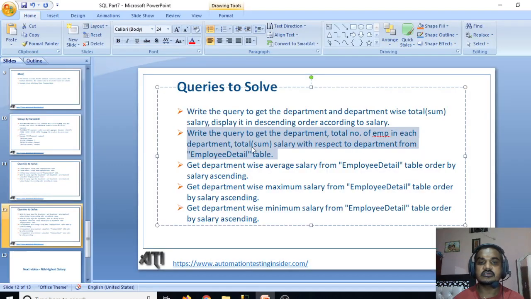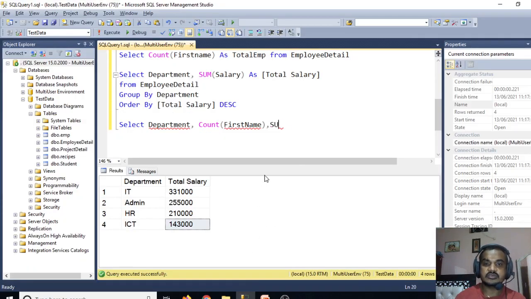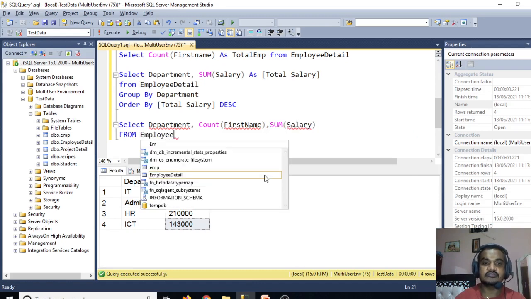And what else do you want? The total sum of salary with respect to the department, sum of salary from employee detail.